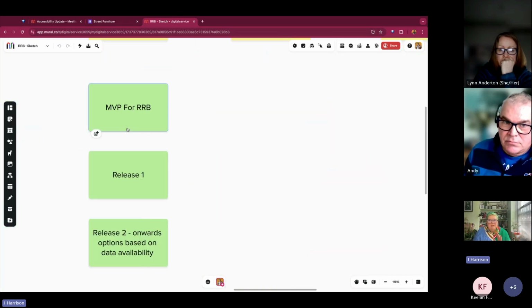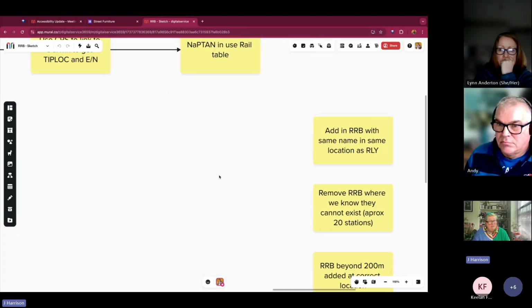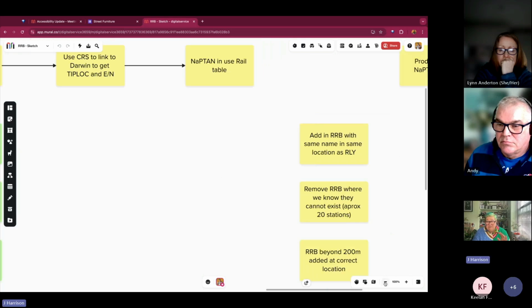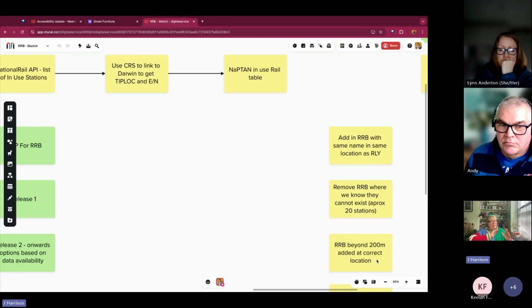Then the first one is having an MVP for rail replacement buses. This is absolutely needed so that people can start to get everything together so they can do the planning and everything for the rail replacement buses. So we need the TOCs and the operators who do rail replacement buses to have this information. So we're going to do, and I'm not going to say a bodge job, we're going to do a real MVP of, if there's a rail station, we're going to say there's a rail replacement bus in the same place as the rail station, in the same location as the railway,